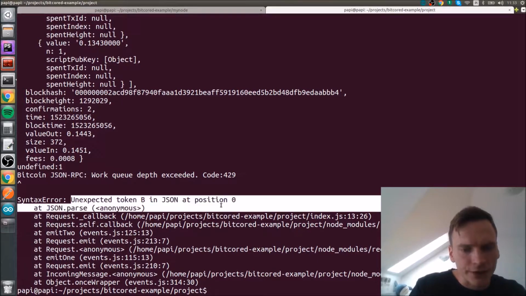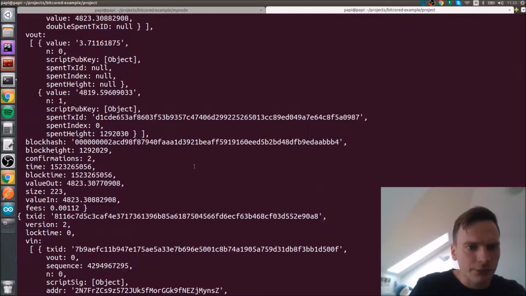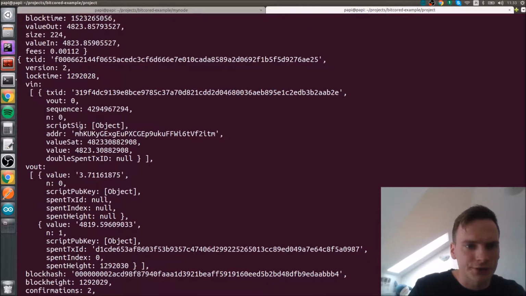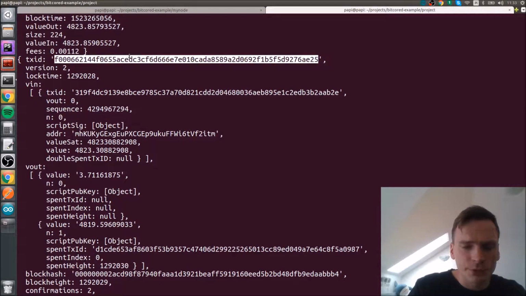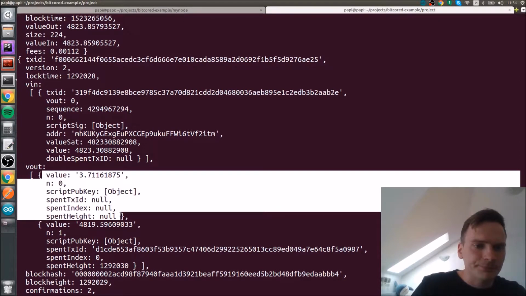Okay, not every transaction that is included has a properly included JSON file, but as you can see, we have a couple of pieces of information about the transaction here. So we've got the transaction ID, which should match whatever we have in the blockchain. We have the vin, the input transactions. This is an array with the addresses that send the transactions to the receiver, and vout is information about the receivers, the addresses of the receivers. The first address will be dedicated to the actual receiver, and the second address will be dedicated to the